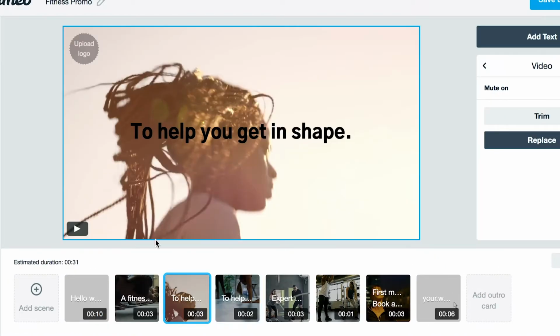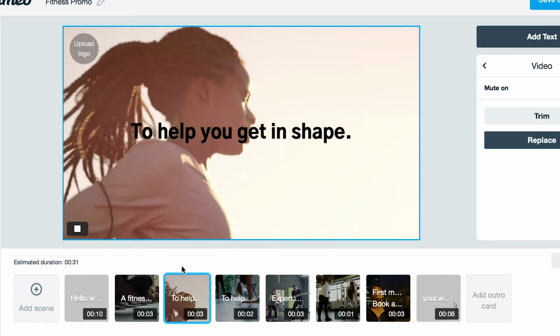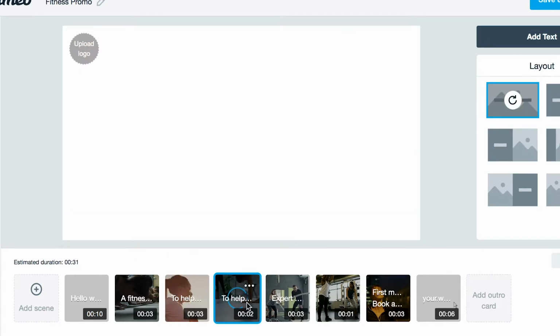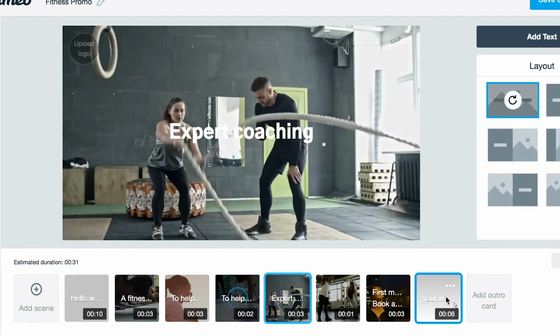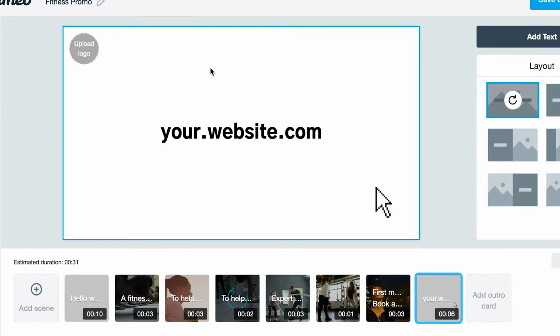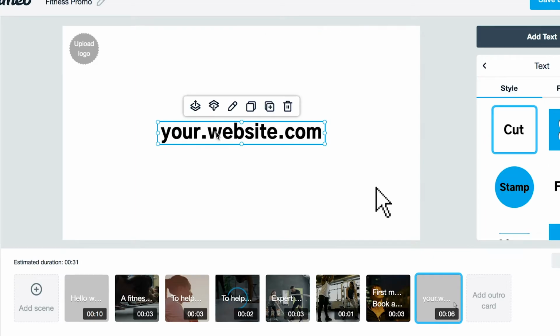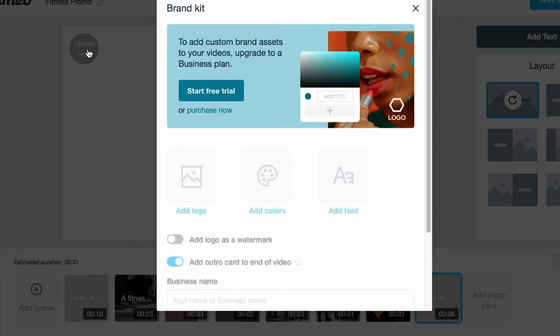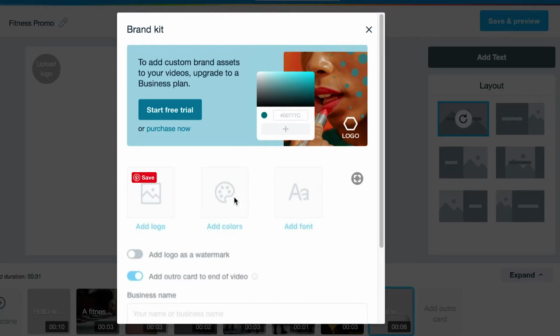Okay, so you're going to scroll through each clip and just make sure it looks like how you want it to look with the text and the video clip, the length, etc. And then you can get to the end and you can actually add your website URL. You can upload your logo, but you're going to have to upgrade or start a free trial. But if you do want to upgrade, then you need to